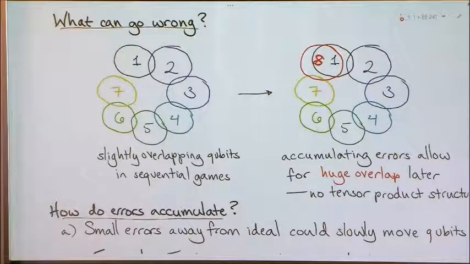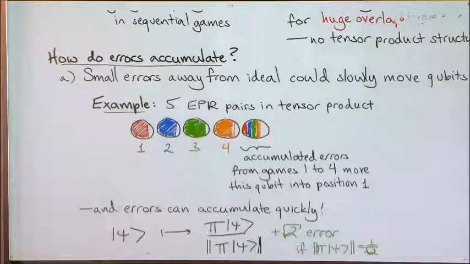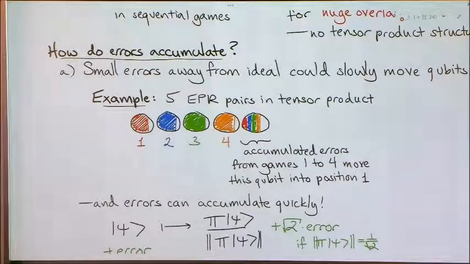And so we need to show that actually errors do not accumulate. That's one thing that we want to show, and this isn't so easy, because it seems like they can. So for example, here I have 5 qubits. Say I start with 5 EPR pairs, and in the first one you measure mostly the first qubit, except you have square root of epsilon error on the last qubit. On the second one you measure mostly this blue qubit, except you have square root of epsilon error on the last qubit, and so on. And so it doesn't take too many rounds before you get a ton of error accumulated on this last qubit, which could have moved it around into some other position in the Hilbert space. And so this is one way that errors can accumulate.